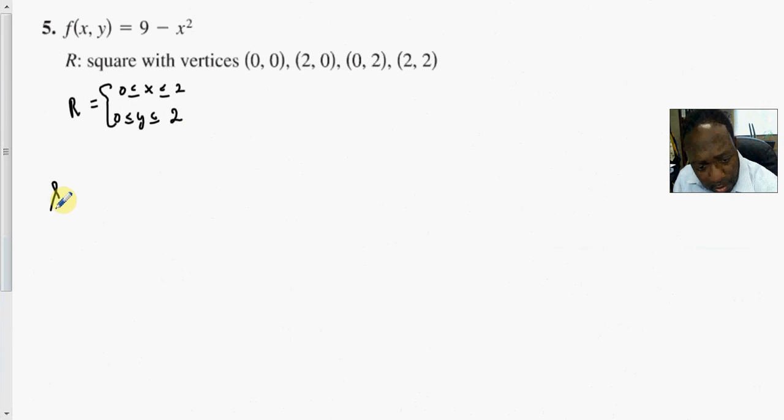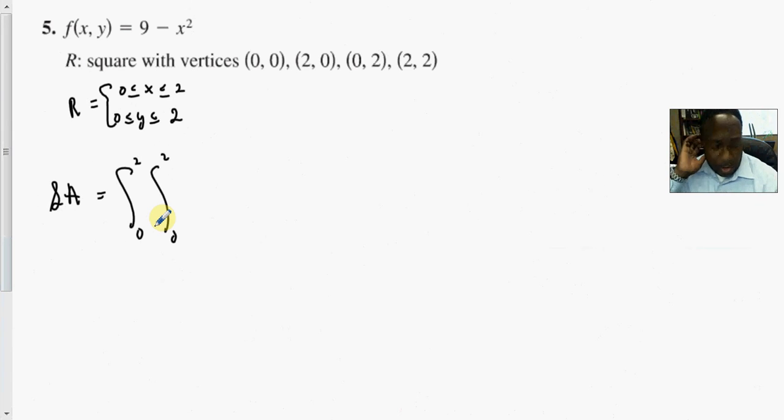So this surface area is equal to the double integral here from 0 to 2, here from 0 to 2. We cannot convert to polar coordinates because the region is not defined in terms of some kind of circular flow. It's a square